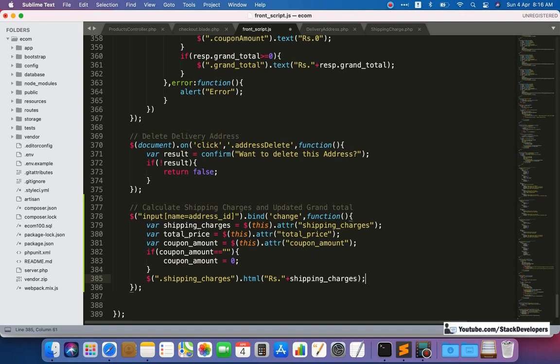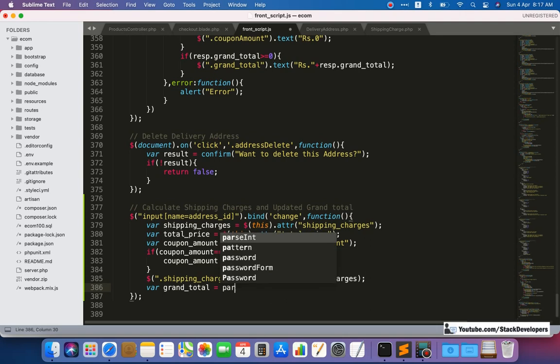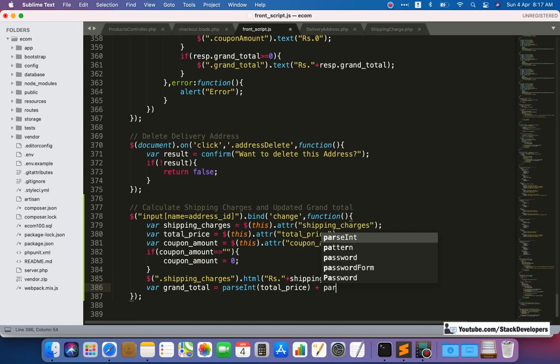Here we can show it like this, and for grand total, we need to calculate like variable grand total. Now we are having everything, we will take it like total price, but we are going to use percent to convert it to price, to convert it to that integer value.